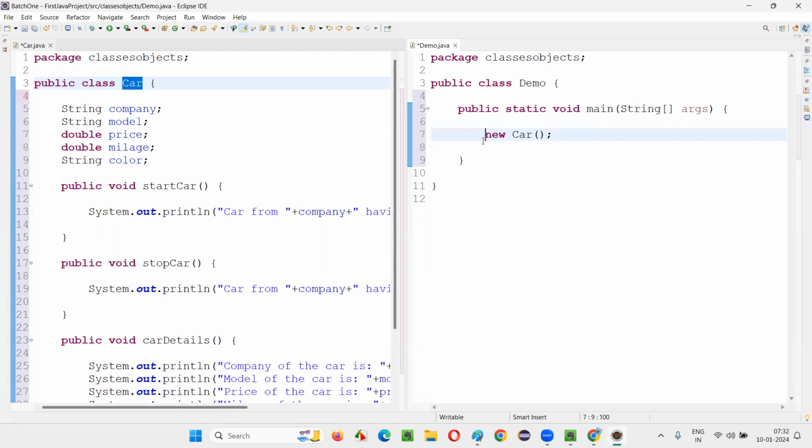Here I'll take one car in the market. A real world entity I would like to represent here. Object is nothing but a representation of a real world entity. So that real world entity name I will give here. For example, I'll give something as